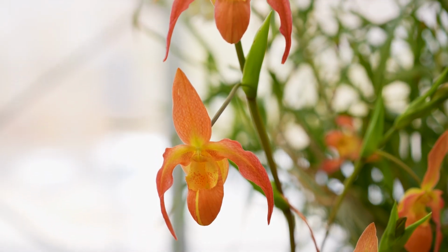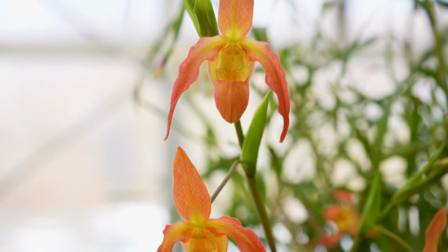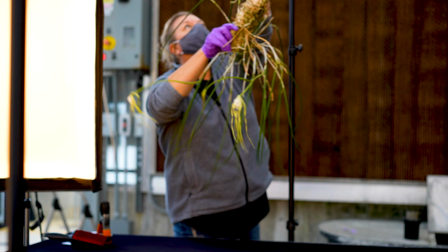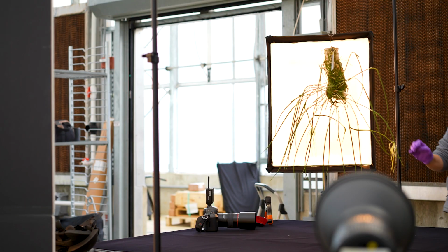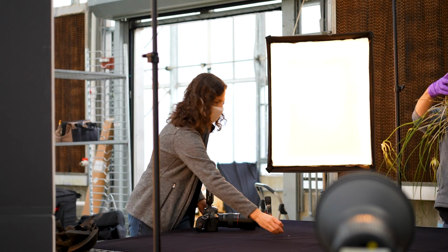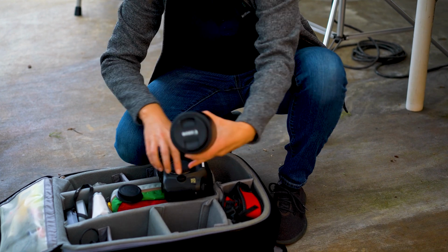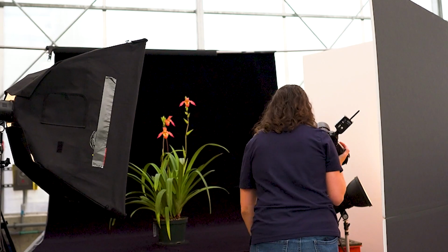make them look nice. So the process of photographing orchids starts with identifying which plants have not been photographed and then waiting for them to bloom. And then the lead horticulturist selects the plants and prunes the plants and then puts them on a cart for us. And then we come in and put them on this black background and photograph them. We do a little bit of pruning if necessary, but we photograph the full plant and then we photograph a